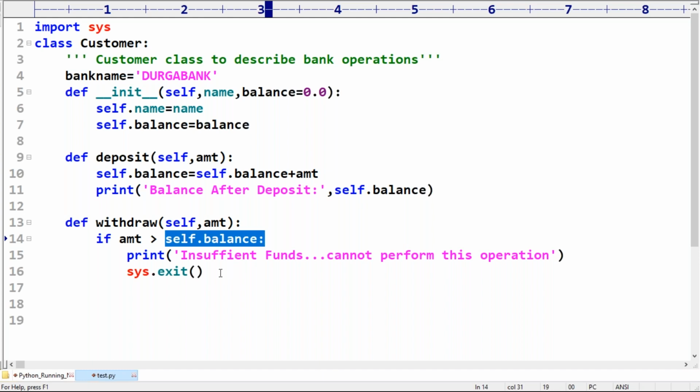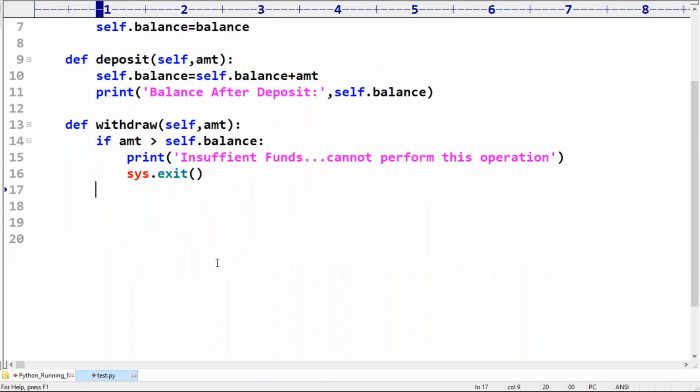Okay, next, sir, the control is still coming to this line, line number 17. When will the control come to line number 17, can you please confirm? Only if sys.exit is not executed. sys.exit not executed means this condition fails.